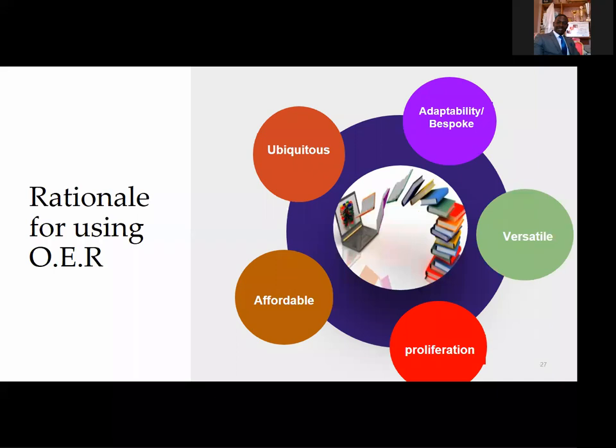And then proliferation as the next property of open education resources, it means that they can rapidly be disseminated. In other words, they can rapidly be distributed within the shortest time possible. For example, if I had, let's say, a Longhorn course book for grade 5 in a digital format, in PDF,